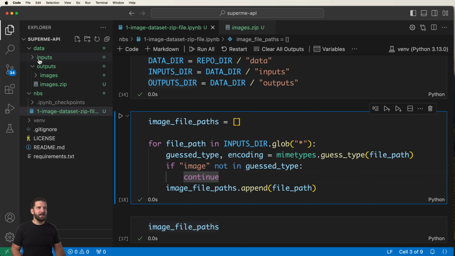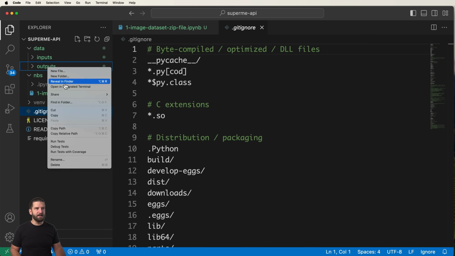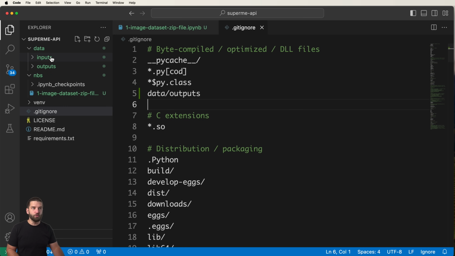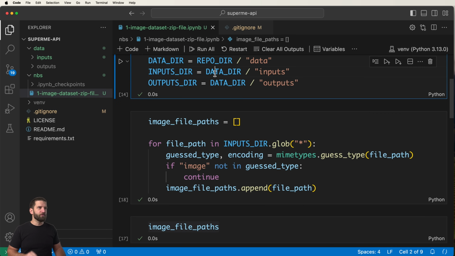Now, I will say this data here, the inputs will be online, the zip files will not. So the inputs will be on the GitHub repo, but the outputs will not. That is something I'm going to add to simply git ignore. I actually recommend that you do the same. In fact, I would recommend you don't put your inputs in there either, because you don't necessarily need to share that data. This is mostly for learning purposes and also for the next part where we improve this dataset